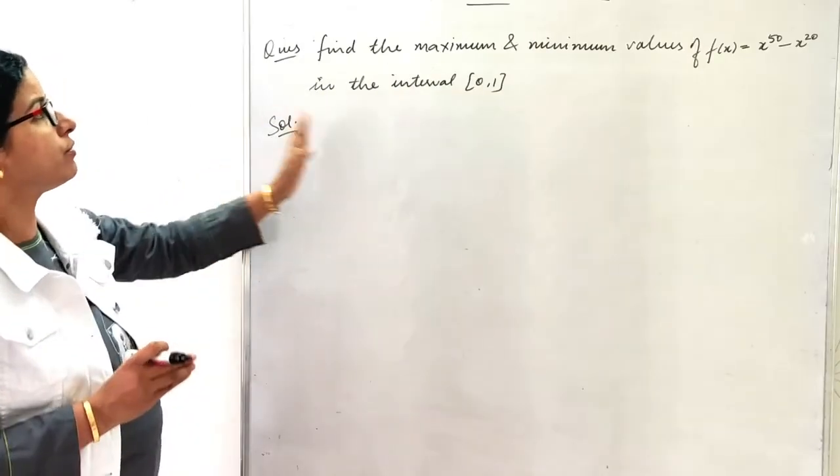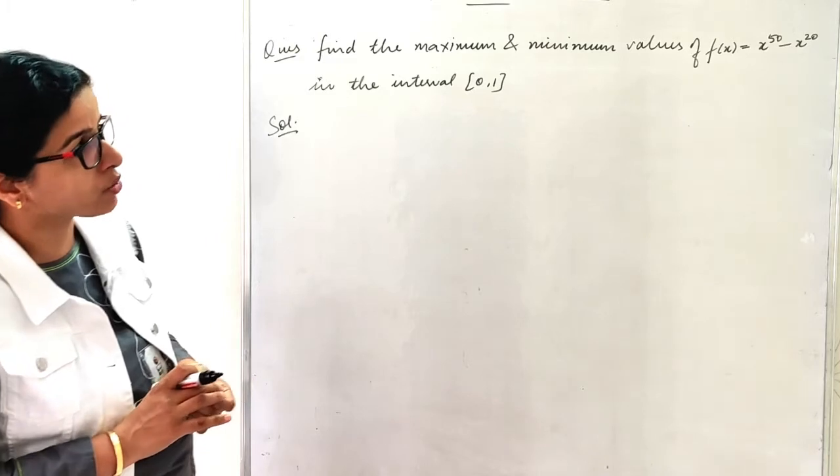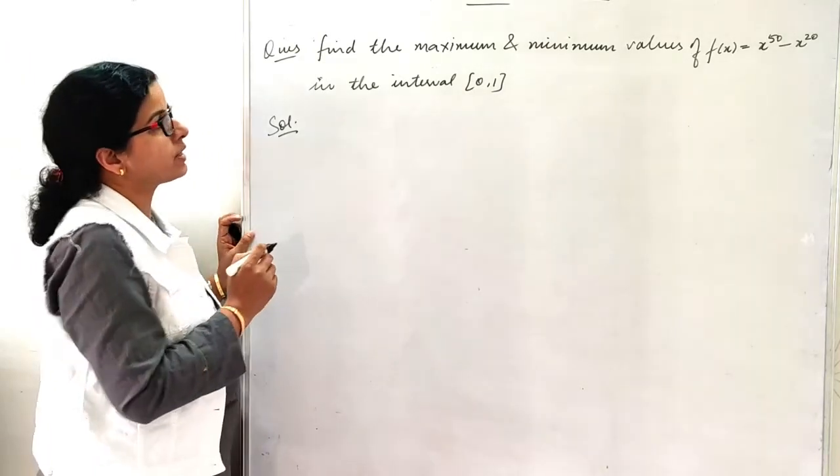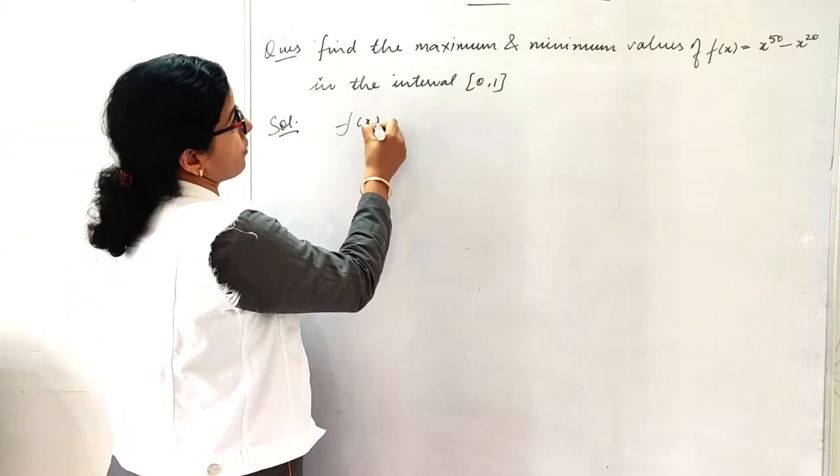Let us check this question. Find the maximum and minimum value of f(x) = x^50 - x^20 in the interval [0, 1]. So again we will first find the stationary points. So f'(x) is equal to